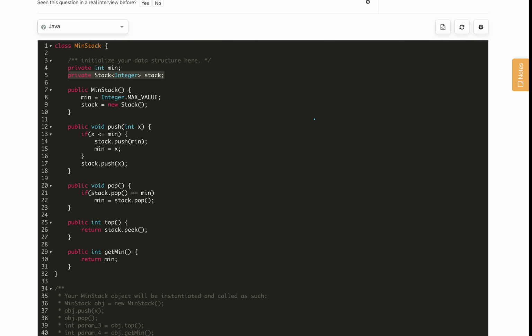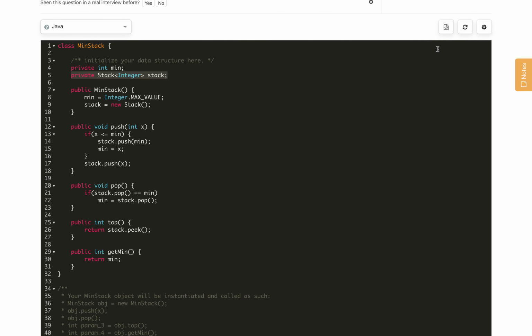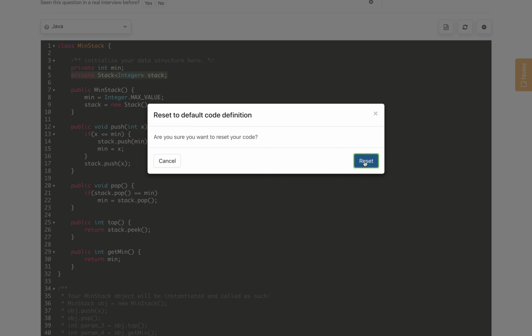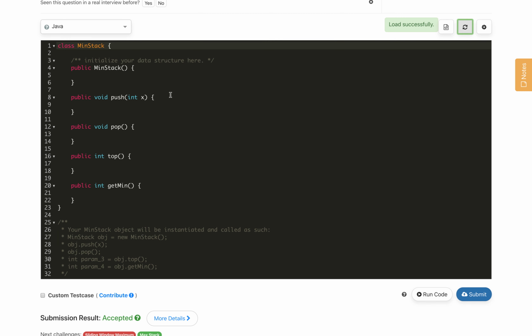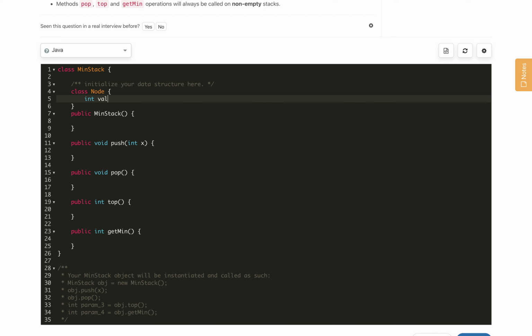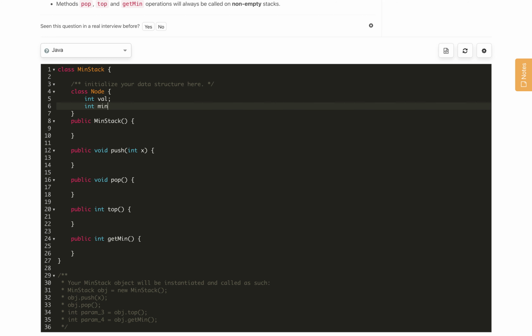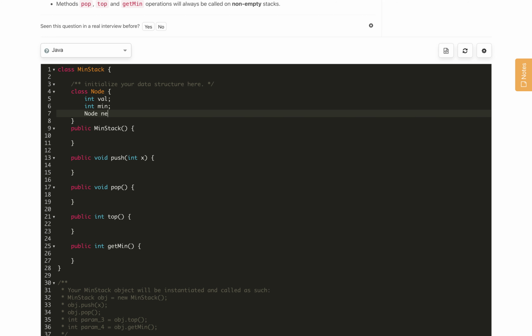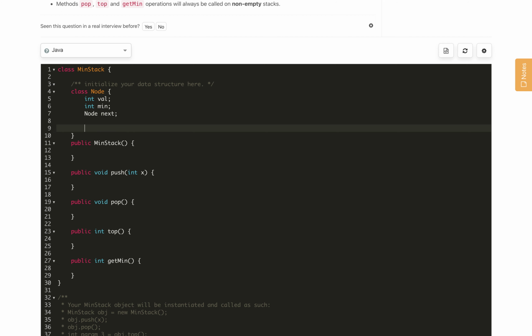Let's implement it. There is nothing much to explain, so I will explain during the implementation. First of all, we will create a class called Node, which will have the properties int val, int min, and the pointer to the next node, which is next, and a public constructor Node, which will get int val, int min, and the Node next.